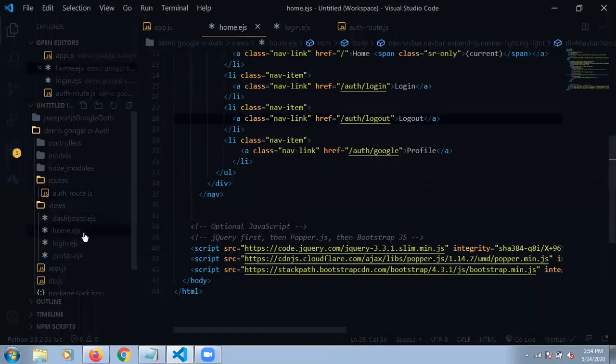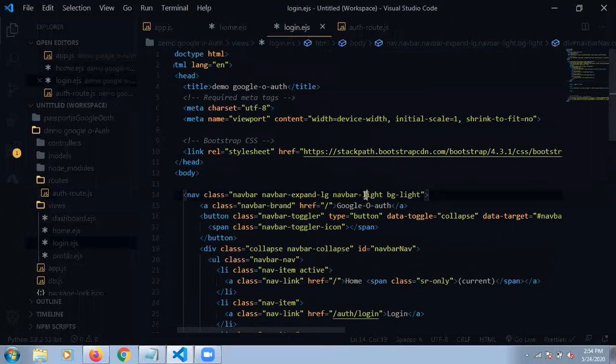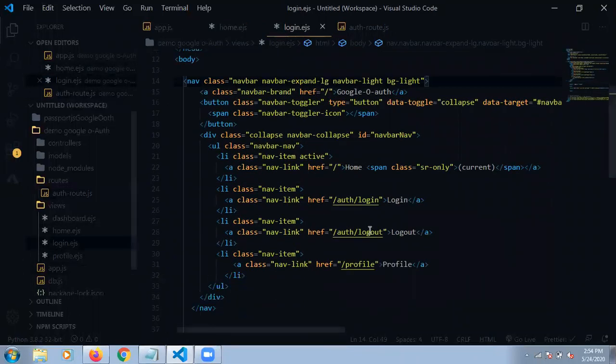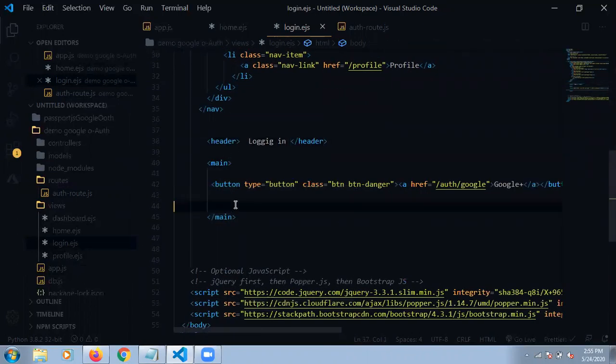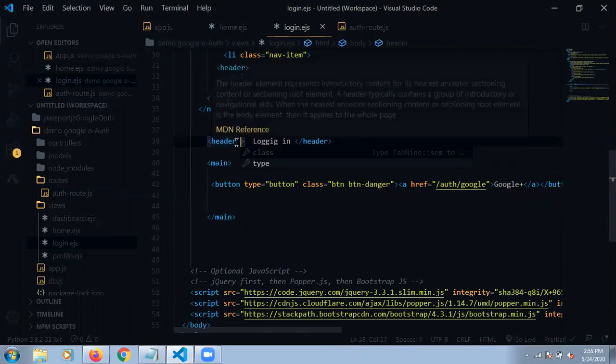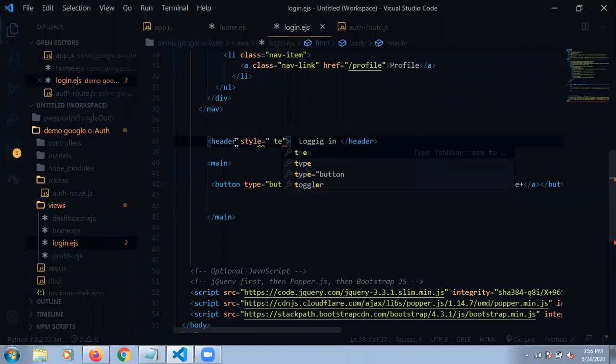Just going to my home page. Home page, no need. I'm going to the login page. In the login, since it is inside my main and it is a header, here I am making an inline CSS style: text align center.